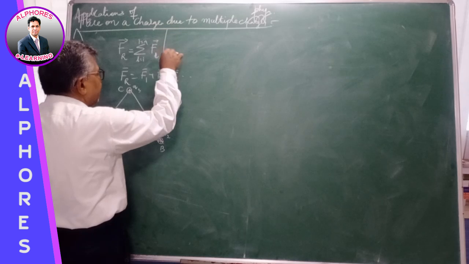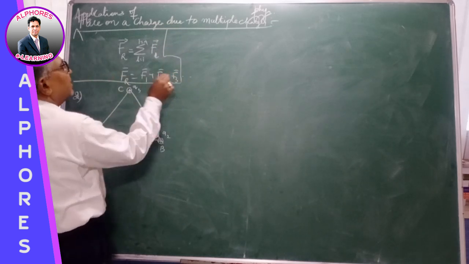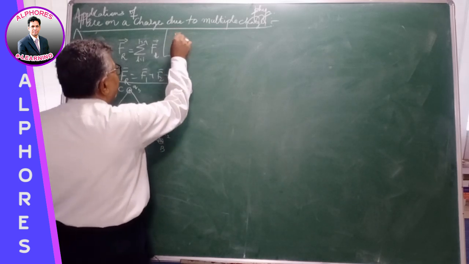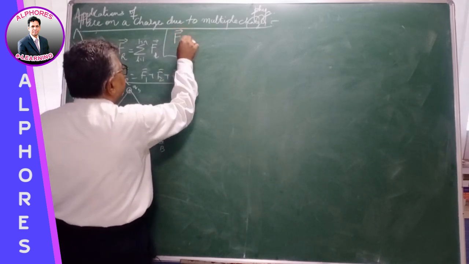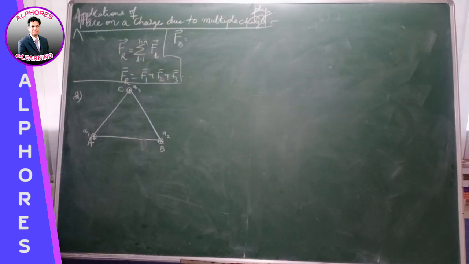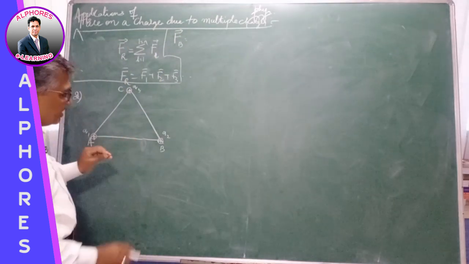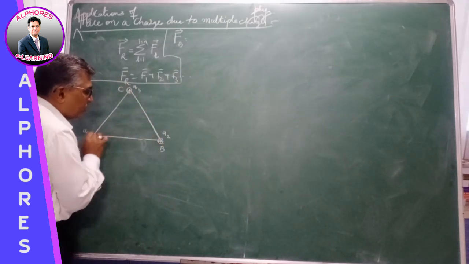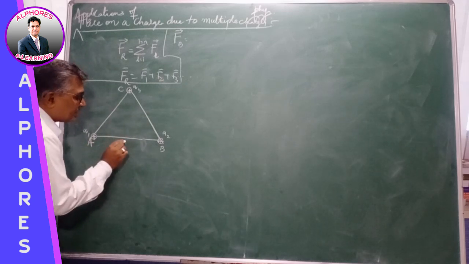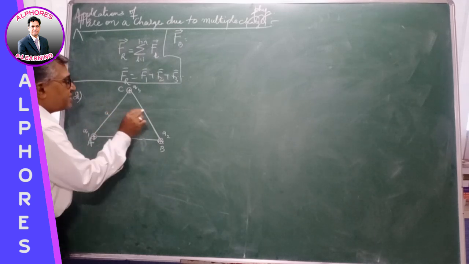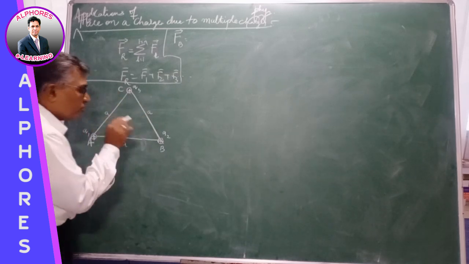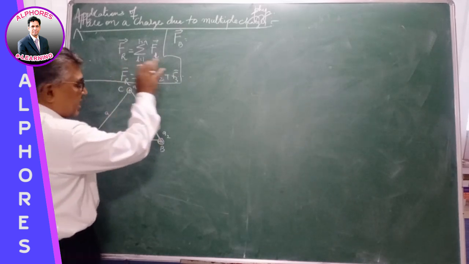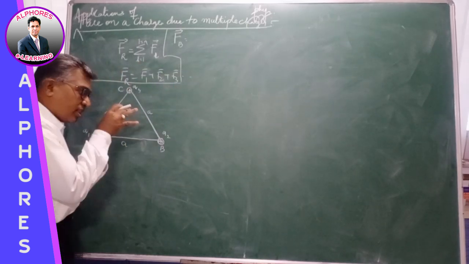So we are asked to find the resultant force on the second charge, FB. So F resultant B, we are asked to find the resultant force on this. Before going to this, let's have a picture diagram. So 3 charges Q1, Q2 and Q3 on the vertices of the triangle. Let the side of the triangle be A. This is A. Now make out what all the forces acting on this charge are, all the forces due to all the charges around it.